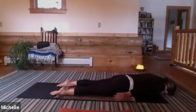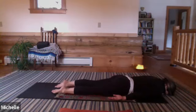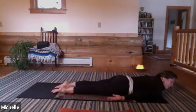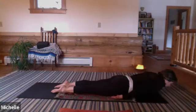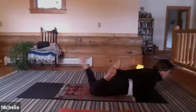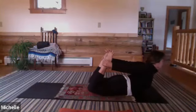So I'm going to come forward into the earth for a moment and stretch. I'm walking my legs back a little bit to create some space in my low back because that can compress really easily. Then I'm going to make my low back safe by drawing my navel in as if I'm lifting a pea. The opening is going to happen in my upper back. That's where I want it to happen. I'm going to lift up, reach back, and grab my ankles. And I'm going to flare my toes like jazz toes and kick into my feet and open through the throat